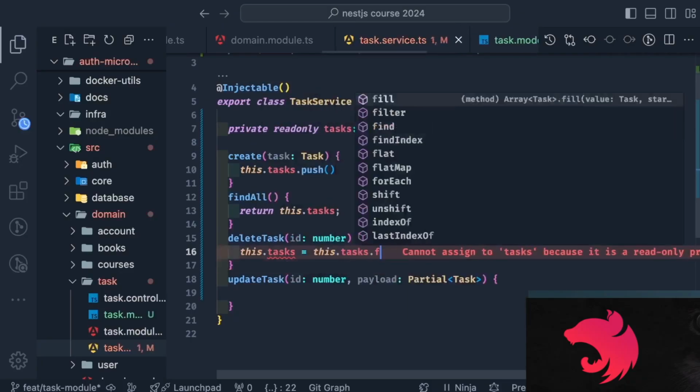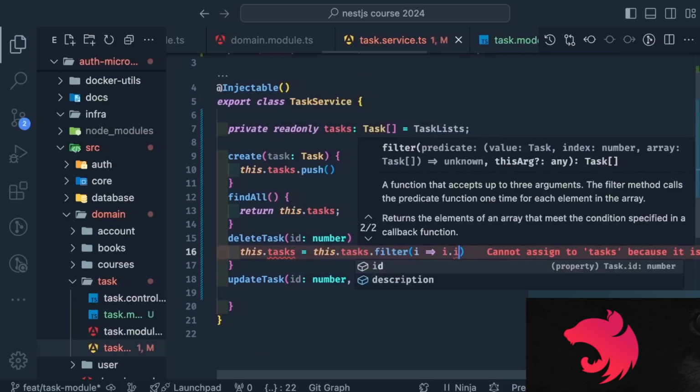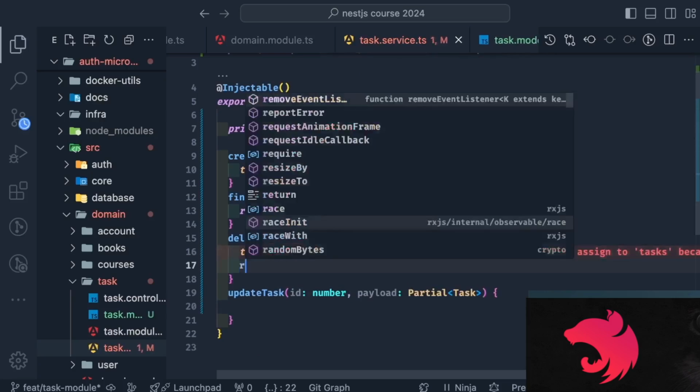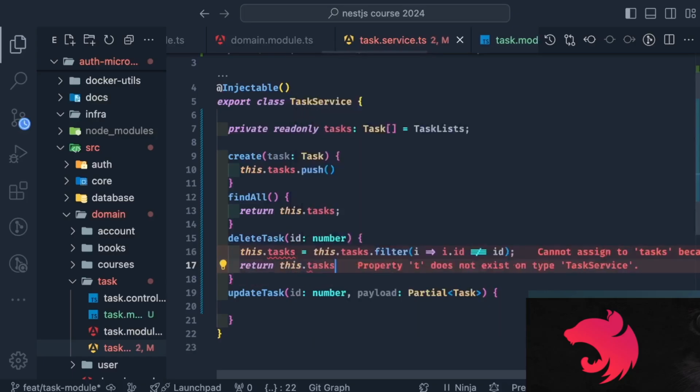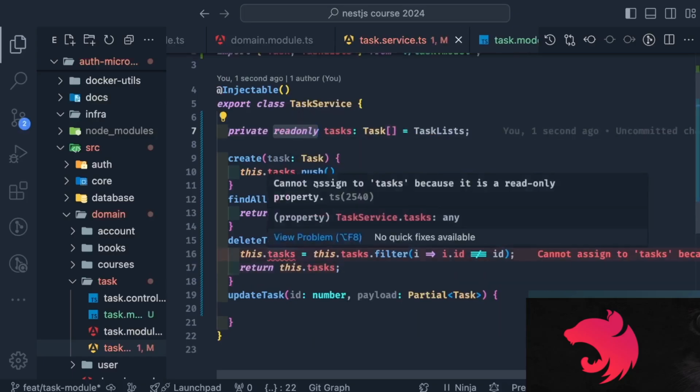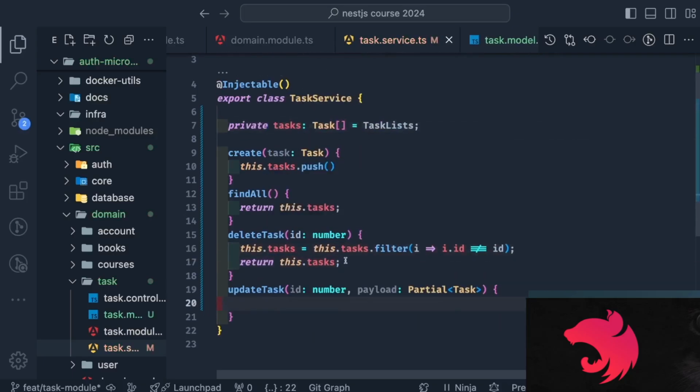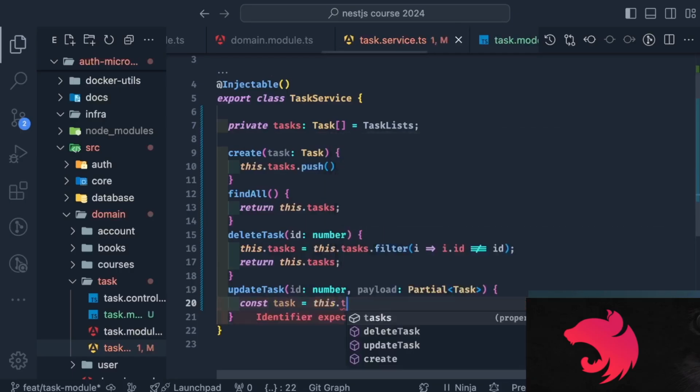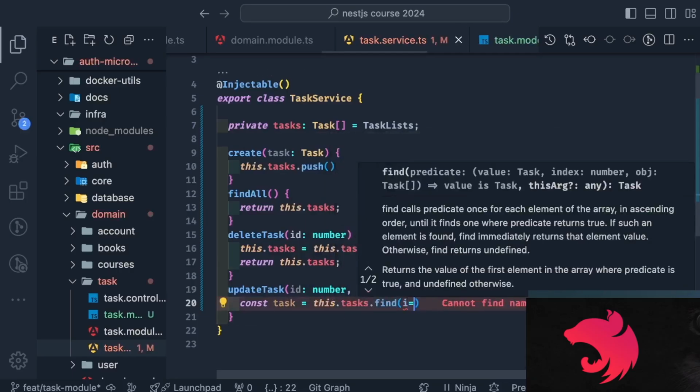So this.tasks equals give me all the tasks filtered by removing only the task which we are trying to remove, and return this.tasks. And similarly, update task, delete task. In update task we are just going to update partially a particular task and set that task inside the